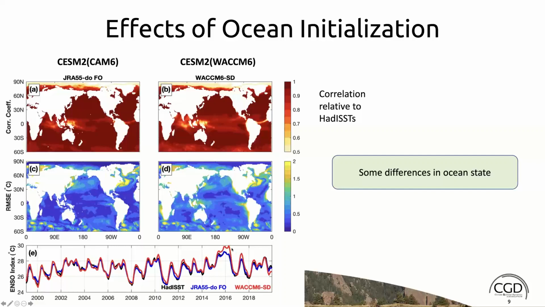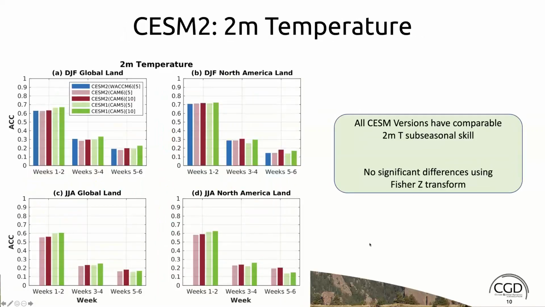Sometimes, for example, in the year 2016, our ENSO index seems to be a little high. Actually, it's high for a lot of the cases. But in any case, that's the best that we can use for that model. However, it does not really seem like that affects our skill very much.